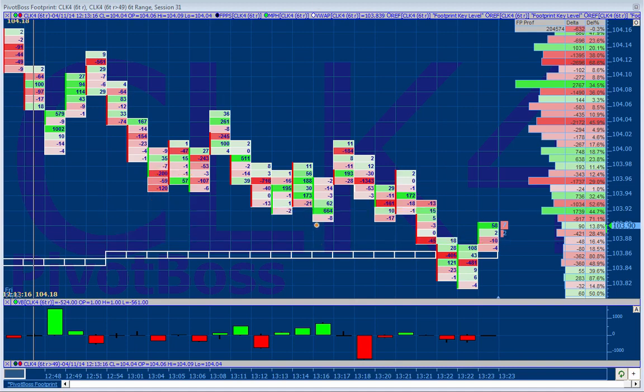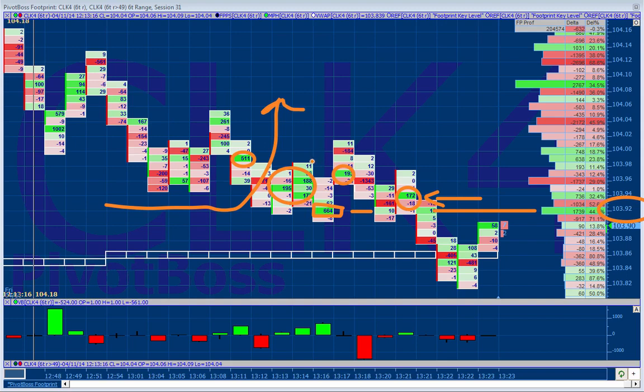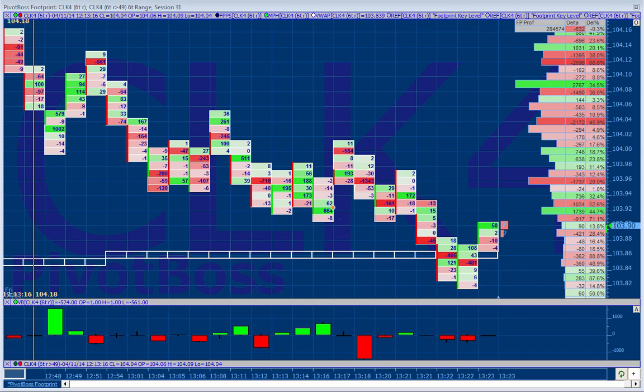What happened this time around right here? Look at all those buyers come in to defend this area. Those are aggressive buyers that say, I'm going to defend here because I've seen it go up and up all day. Well, look at all of those buyers come in, and they can't get price to go up. It stays. And then you see a big seller here, a big seller here, and a big seller here, and price is starting to be evened out.